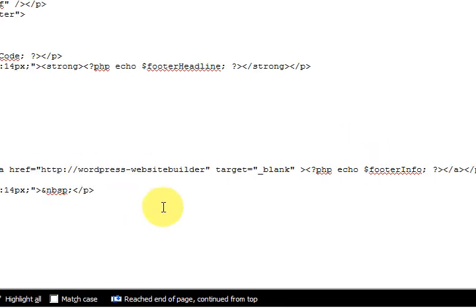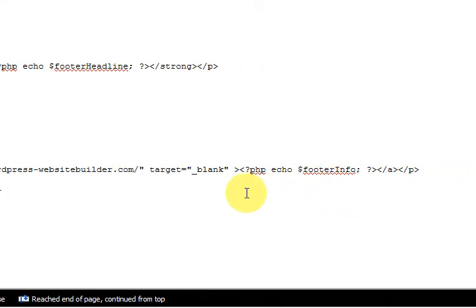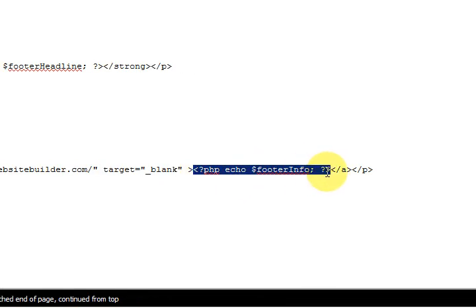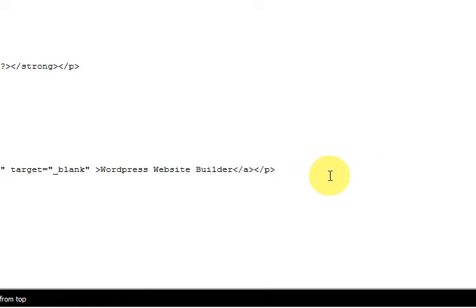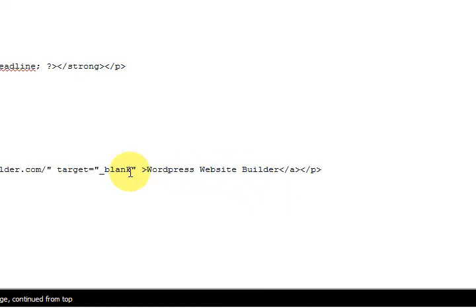Okay, make sure you've done it right and spelt it right. I often spell it wrong. And then here, this is the info, but we're going to put the anchor text, right? And also